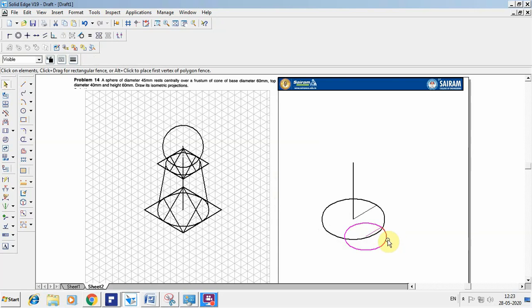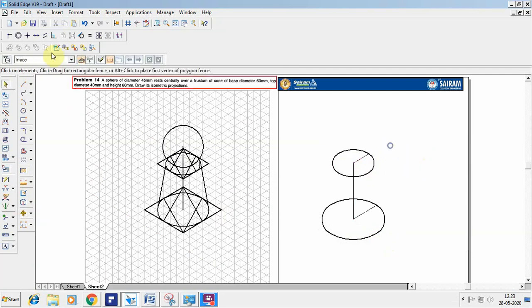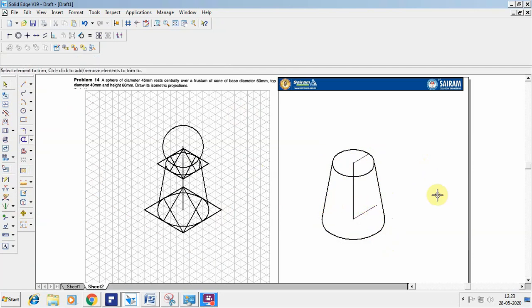So I'm going to move that aside. Go for the move option. Take the center point and place it exactly on the top. So that your time will be reduced. Also, it will be easy for you to solve the problems. So thus the first half of the cone is ready. You can trim off the extra things whatever is there. Again, that is an option. You can keep that as a thin line, otherwise you can remove it.